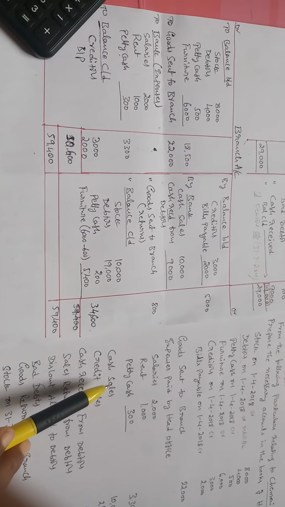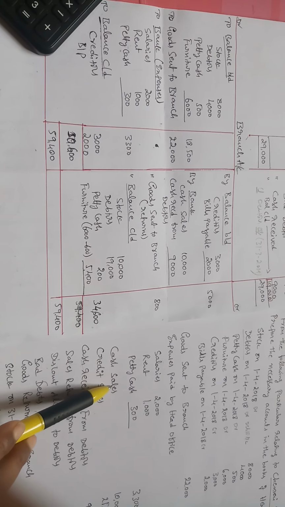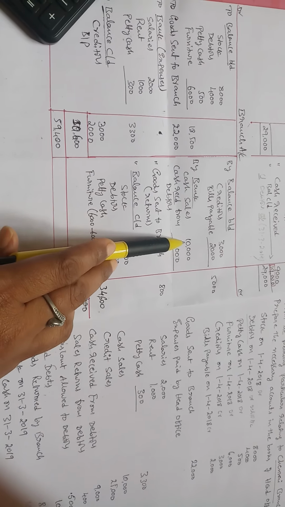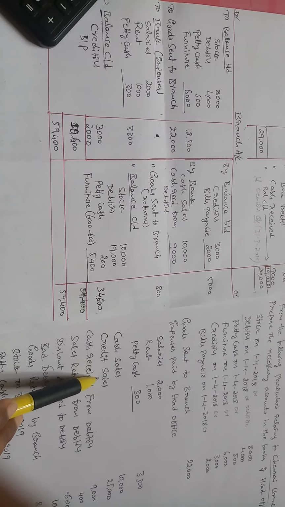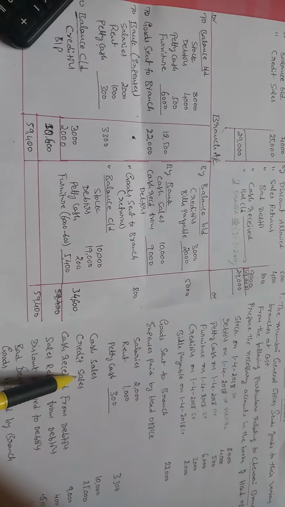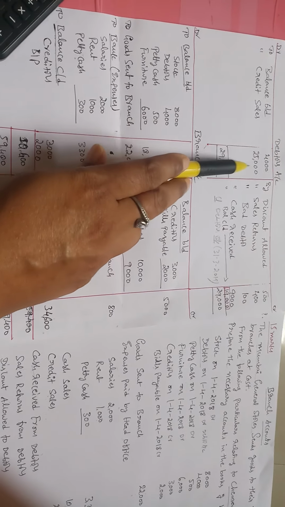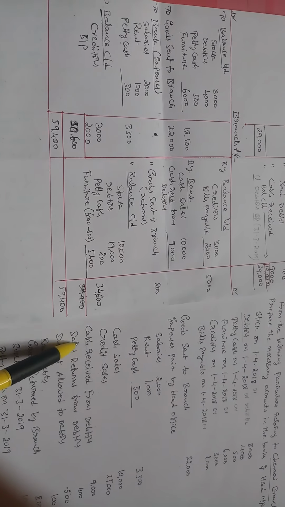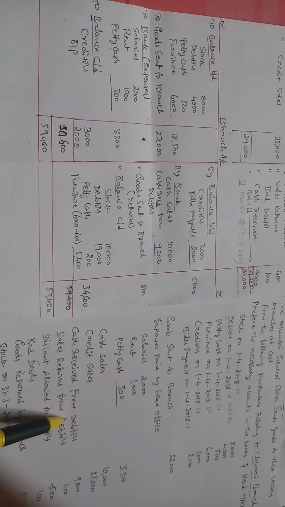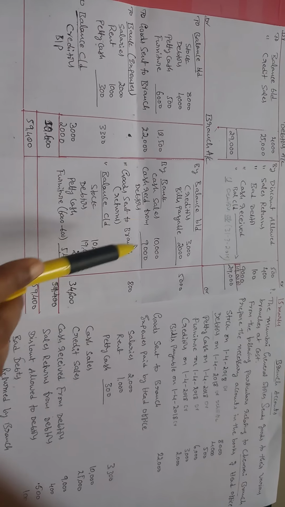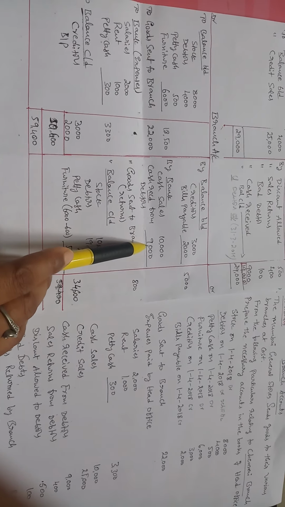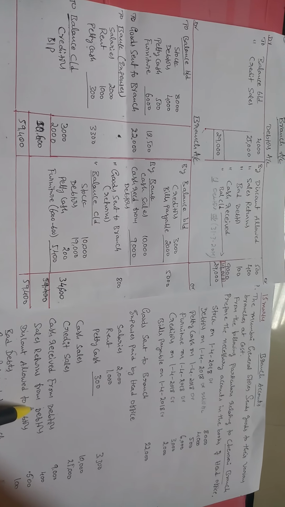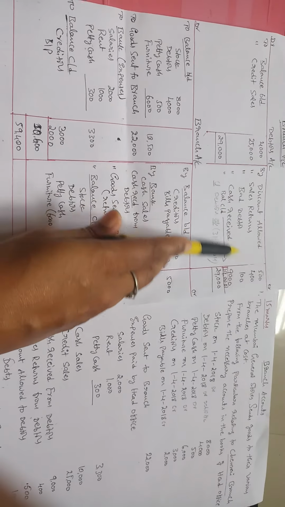So next to cash sales and credit sales, so we'll take the cash sales. So this cash sales is bank account, that is a 10,000. And credit sales, this credit sales means there is a debtors credit sales. So I mentioned here credit sales 25,000. Okay, so next, cash received from debtors. So cash, already told you, cash received. So that's why cash received from the debtors 9,000. So next, sales return from the debtors. Sales return. So it's a sales return is 400 rupees.